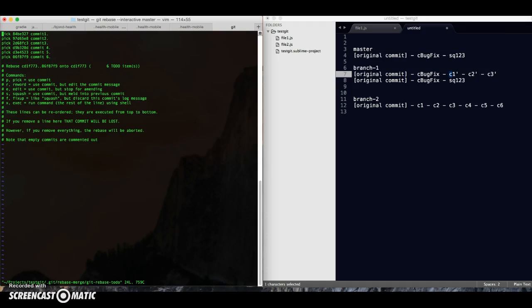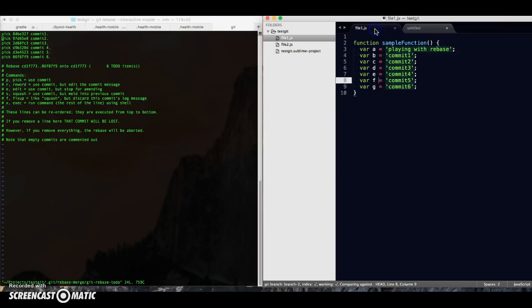The correct way to do this would be to remove these 3 commits. We know they're already in based on branch 1 being merged in already. So that way we can just put C4, C5, C6, because those are actually the new changes that need to go into the main line. But for the sake of argument, I'm going to just leave it here just to show the problems that this could cause. So if I resolve this, if I just close this and continue as it is, we are going to try to apply this first commit to